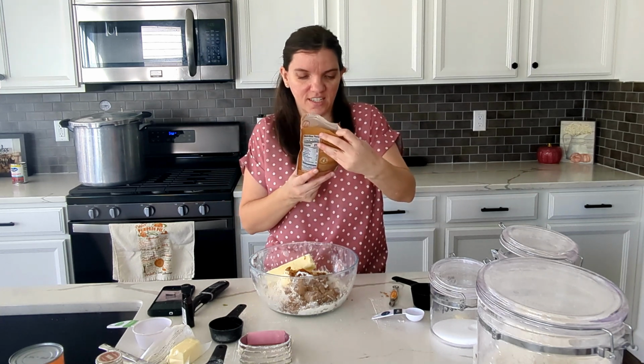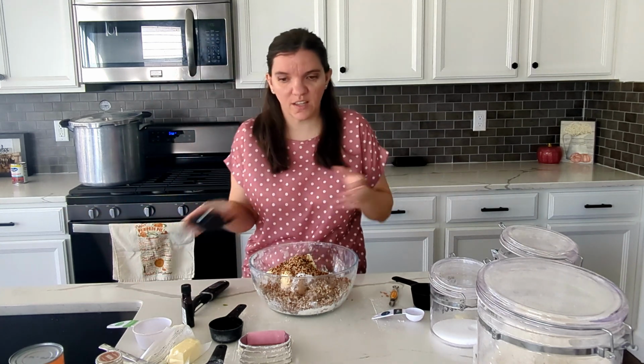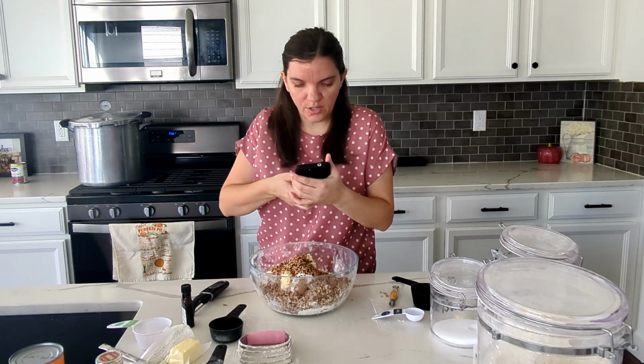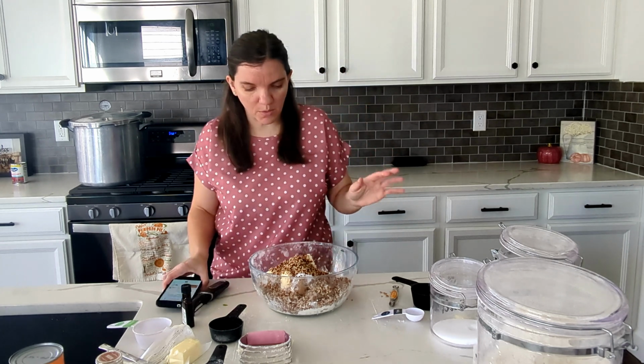Okay, this is 6 ounces. It called for 8 ounces, but I think that's gonna be plenty. Double check that we're not missing anything. Yep, we're good. Okay, and then the last thing will be the filling, but we're not ready for the filling yet